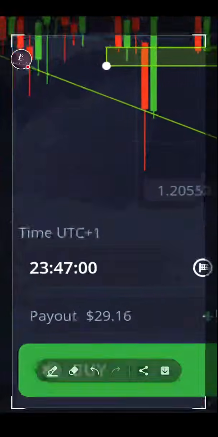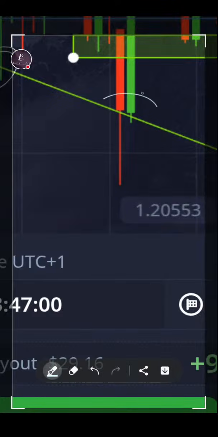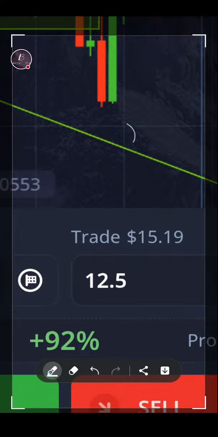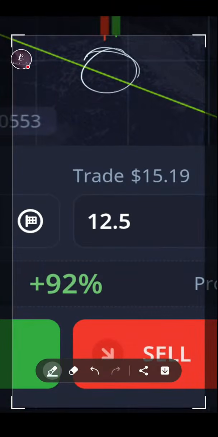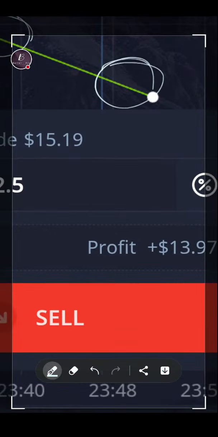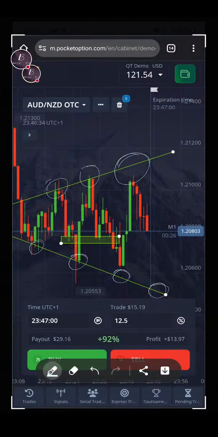Let me see if I can. My S Pen is not working. Don't worry, I'll change my device very soon so I'll be able to illustrate better. You see, when price comes to this area, you take your trade there. If price comes along this side, you take your trade. When you see basic market structure like this, don't bother yourself trading in the middle. You understand? Unless you see a very good opportunity with multiple confirmations, you can do that.